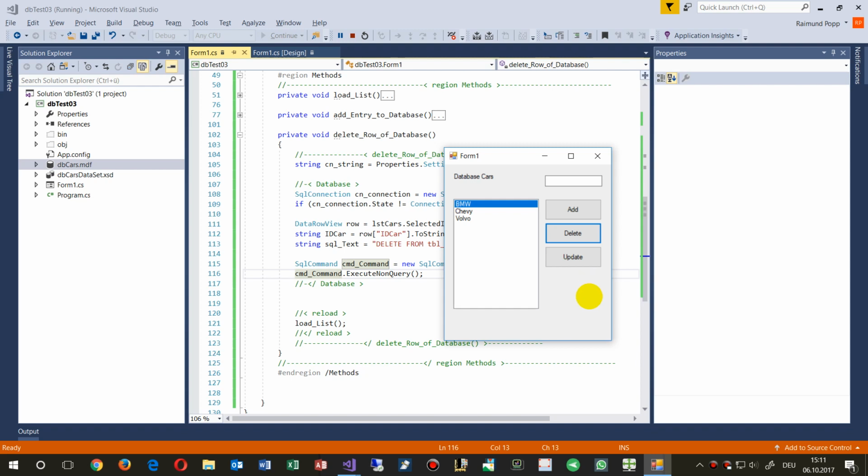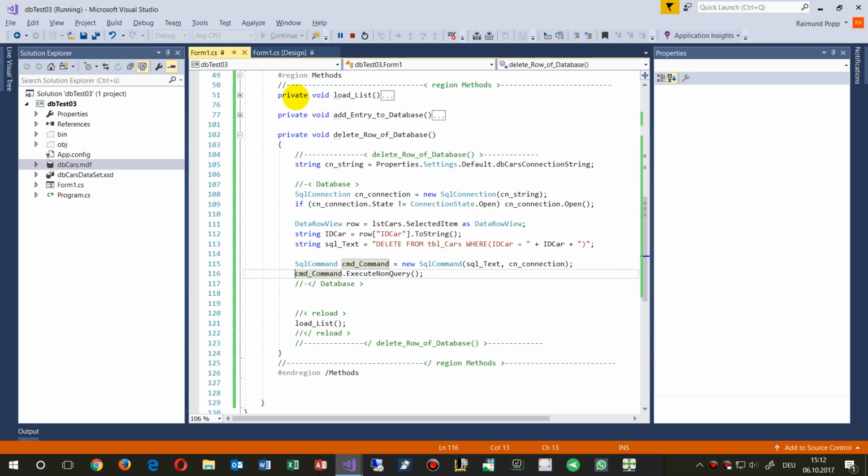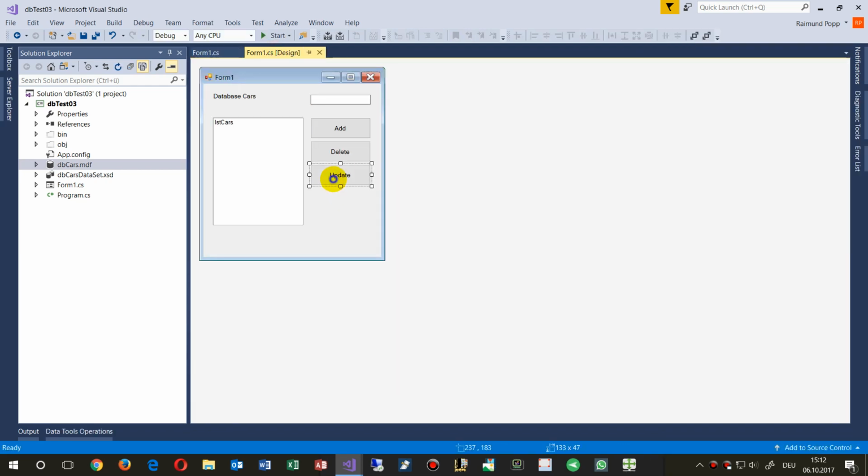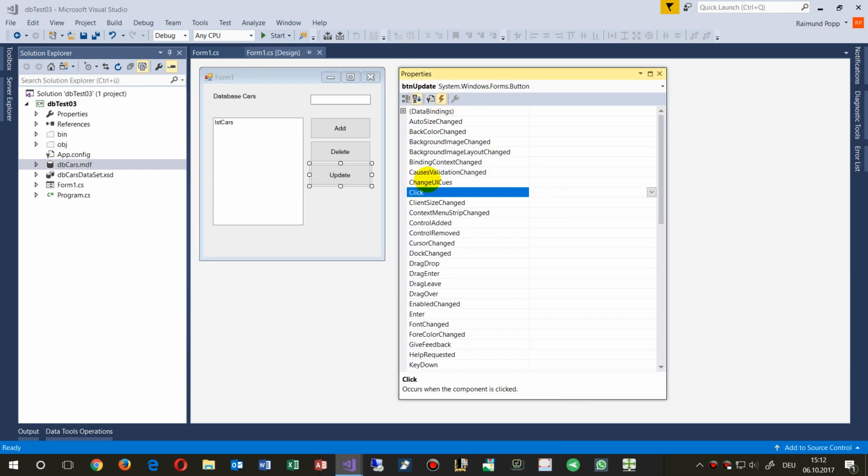And now we want to do the final stuff. We want to update something. When we have here Chevy and it's written wrong, then we want to say, okay, here I have a new entry for there, something is mistyped. So we stop it there. And again we do this, we go to the update button and we say there at the click events, click,